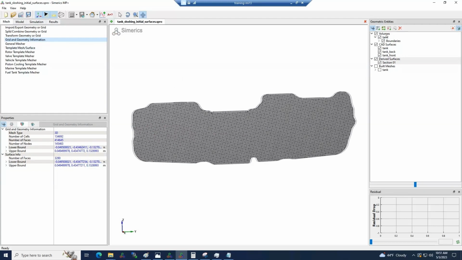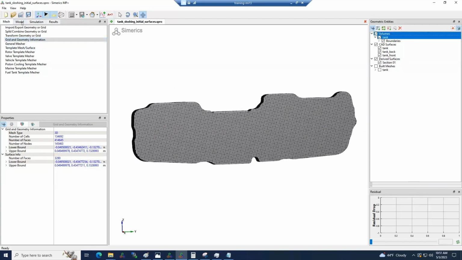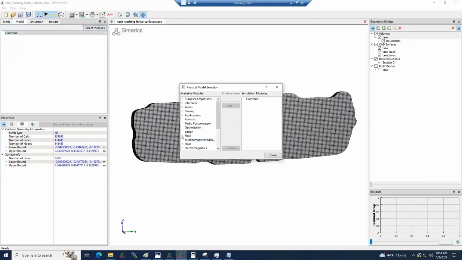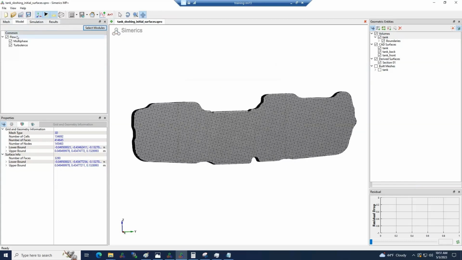Next, once we have the mesh generated, the next step is to assign the physics modules that we need to solve for in this simulation. So this is a classic multiphase VoF problem where we have two fluids sloshing. So I'm going to include the multiphase VoF solver. I'm also going to add the turbulence model to account for all the turbulence that occurs due to the sloshing. And with that, I think we are good with the